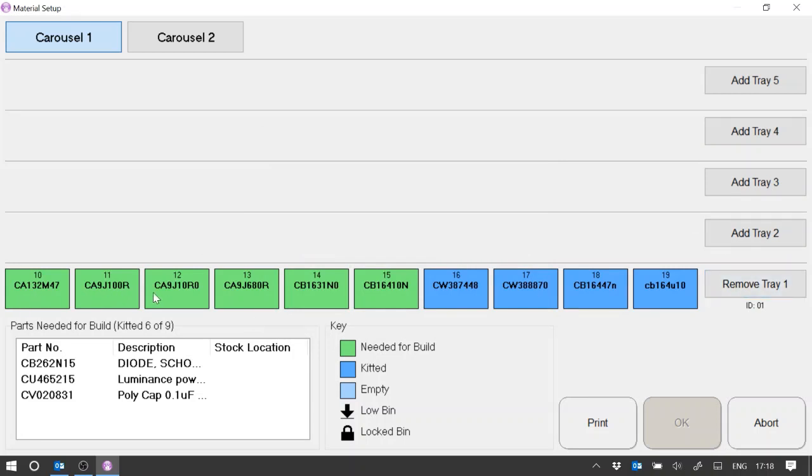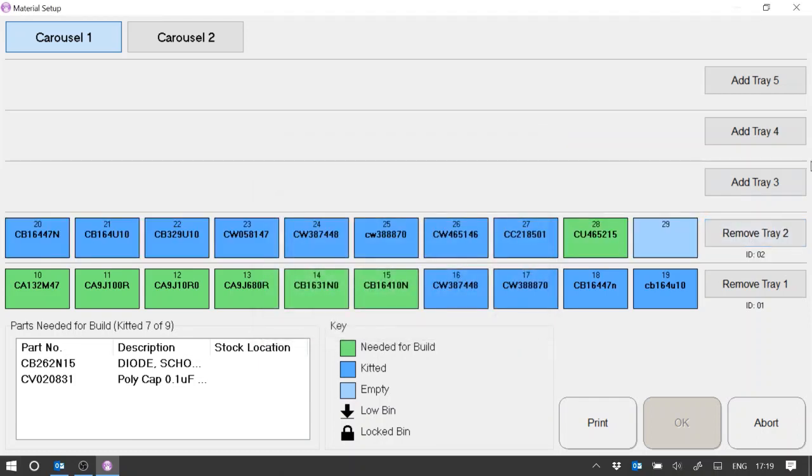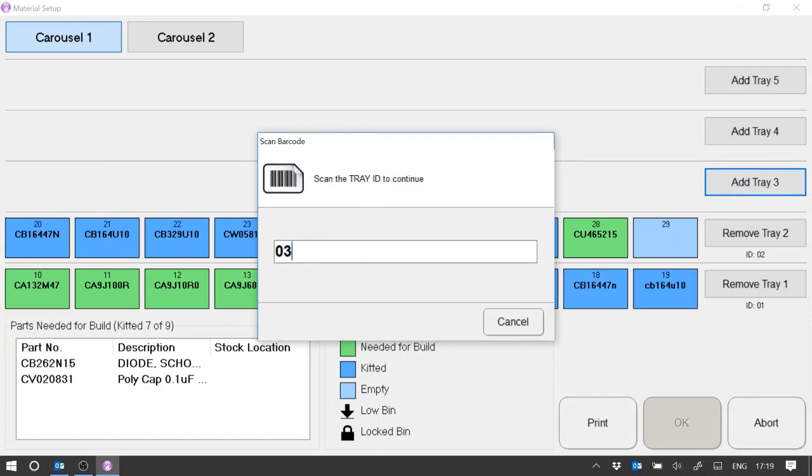You can see that these are already held and recognized. If this material existed already and was on a mascot, you could remove it from one production mascot and move the same material to a different production mascot. Okay, and then I'm going to add a second tray 2, okay, and a third tray 03,